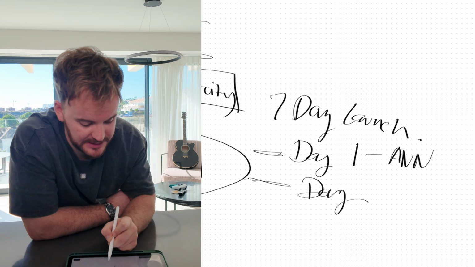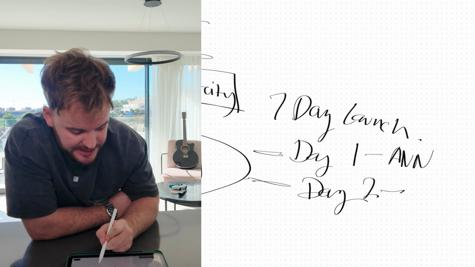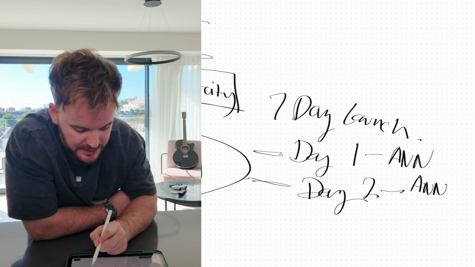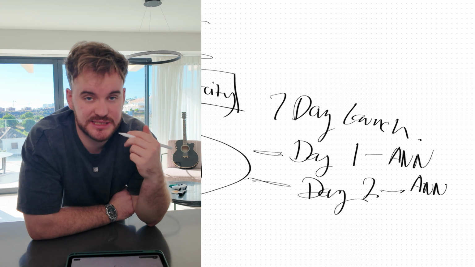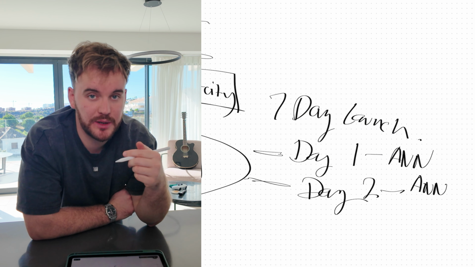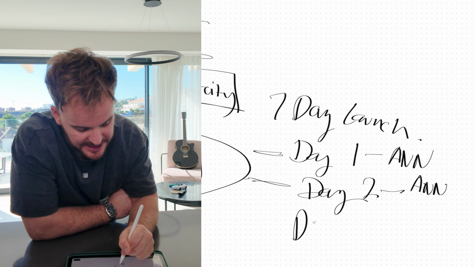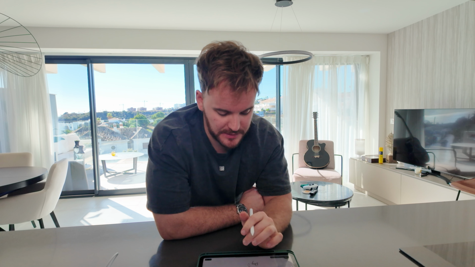On day 2, but it could be a few days later, on the announcement day, you say the big reveal is happening on this day. This is exactly what I'm going to be showing you. This is what you're going to be getting. The doors will open on Monday, for example. Then day 3 is when the doors open. And you said the doors are only going to be open until Thursday or Friday. You have 4 days, 5 days to get in here.